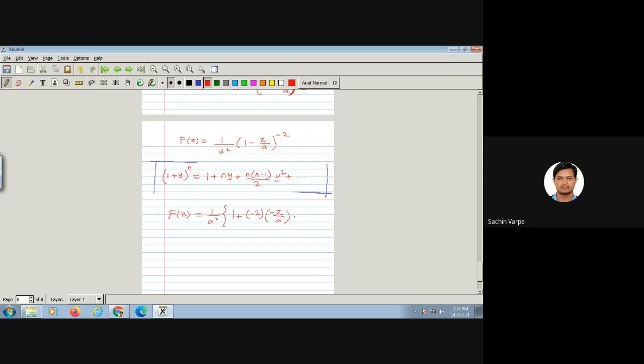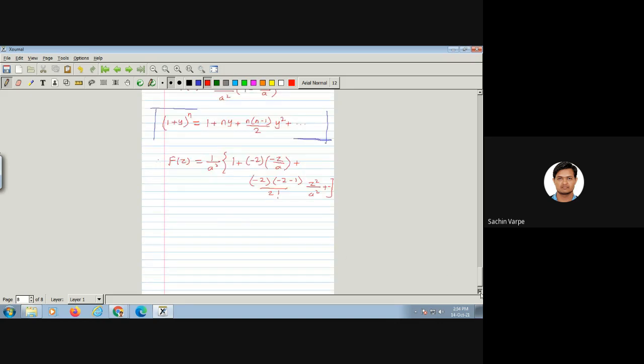Plus, what is the next term? n into n minus 1, that is minus 2 into minus 2 minus 1 upon 2 factorial y square, that is minus z by a whole square, that will be z square by a square, plus and so on. Please correct me if I'm wrong. So that is equal to